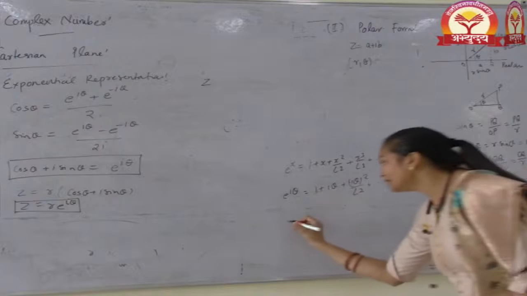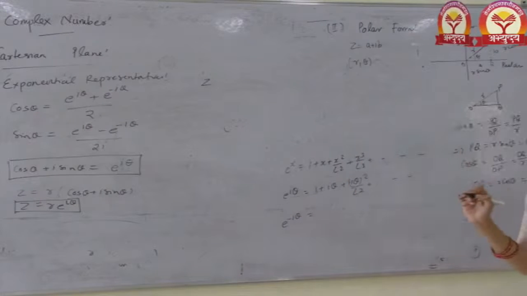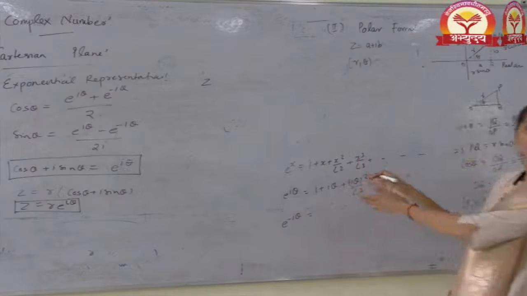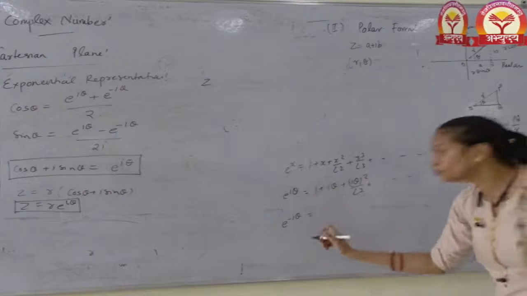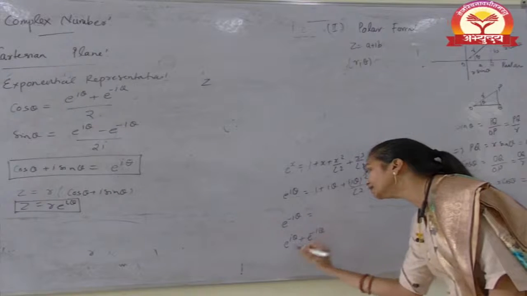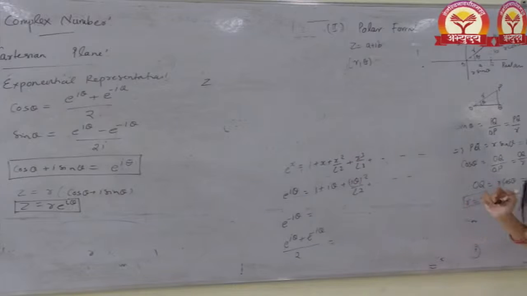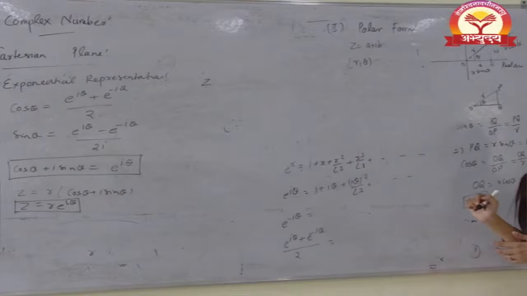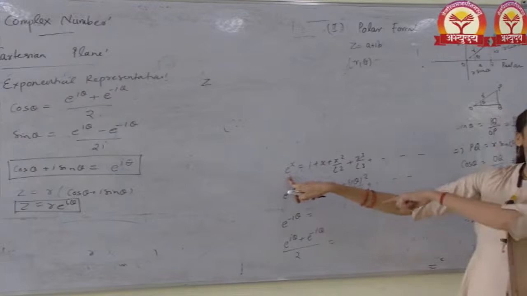ठीक है. Similarly you can define e raised to power minus iθ. आप डिफाइन कर सकते हो. क्या करना होगा, जस्ट माइनस and you have to open this bracket. आप ब्रैकेट ओपन करो, जस्ट फिर क्या करना है, you have to add this e raised to power iθ plus e raised to power minus iθ. ऐड करिए और डिवाइड करिए, you will get the sine series or cos series like this. ठीक है, तो ये जस्ट हमने एक्सप्लेनेशन पॉइंट, स्टार्टिंग पॉइंट इज एक्सपोनेंशियल सीरीज,